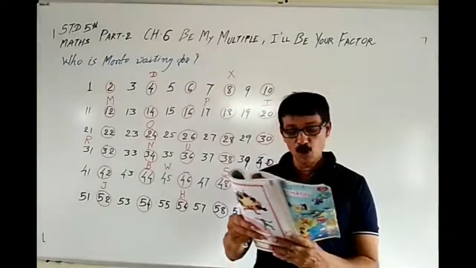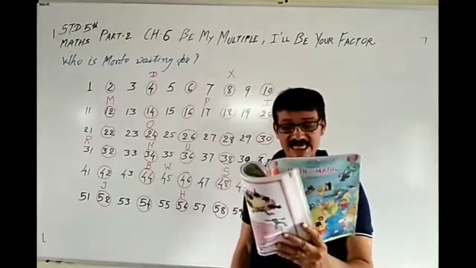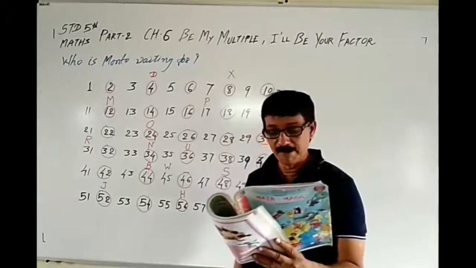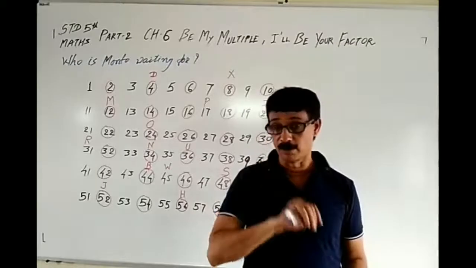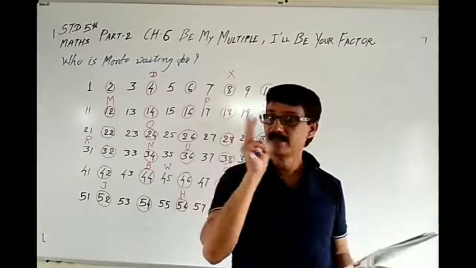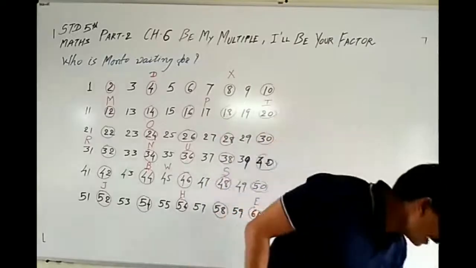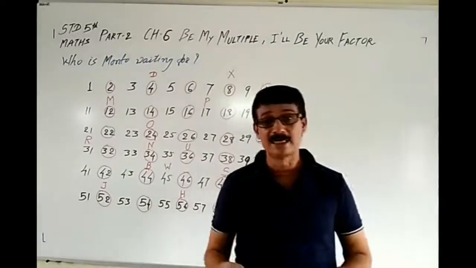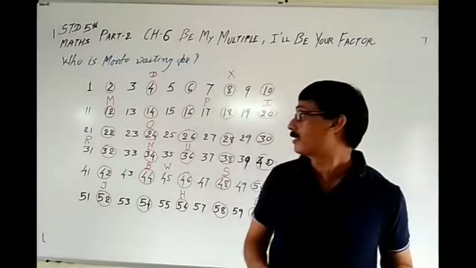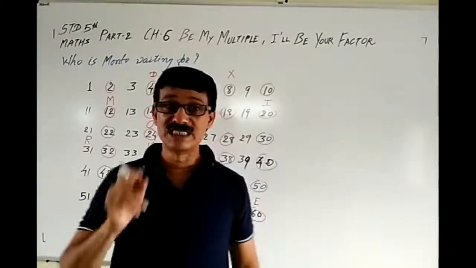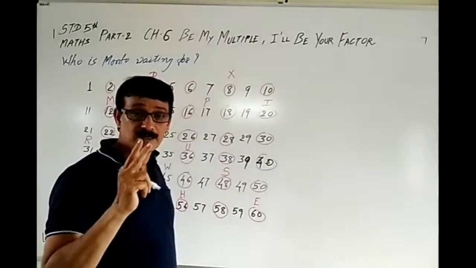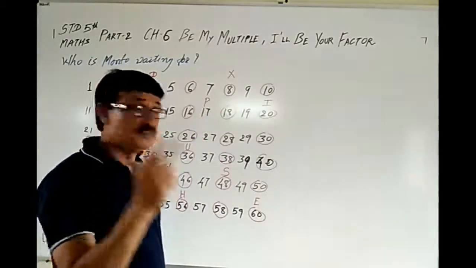Mark a yellow dot on the number which can be divided by 3 and a blue dot on the numbers which can be divided by 4. Now first of all let's go for the numbers which can be divided by 3 and we will mark it. See, I don't have yellow, that is why I will mark it with black. So the numbers which can be divided by 3. Now you should know the table of 3.